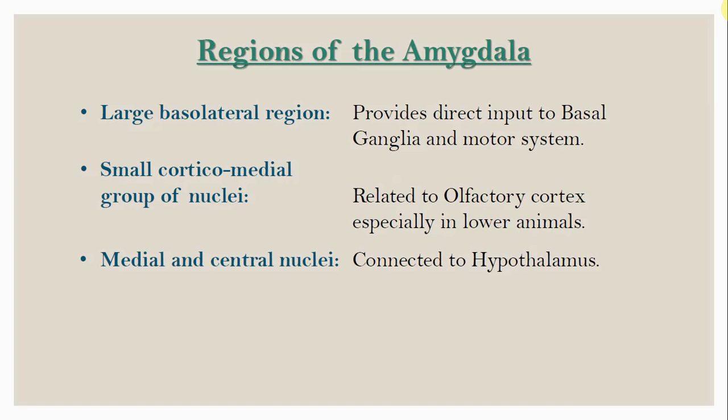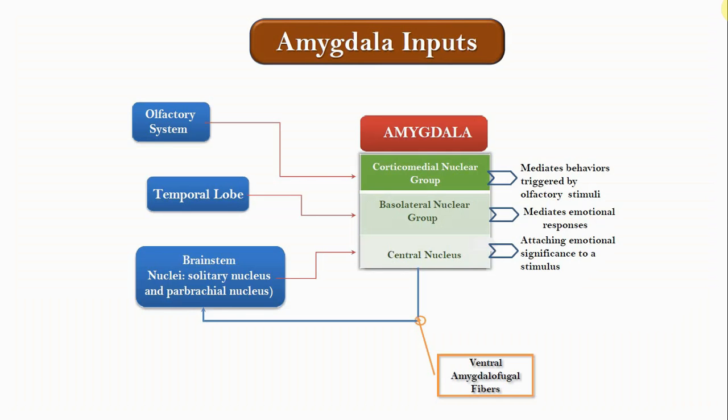Second, the small corticomedial group of nuclei, which is related to the olfactory cortex, especially in lower animals, and the medial and central nuclei, which are connected to the hypothalamus. Now, this diagram depicts the amygdala inputs. You see that inputs from the olfactory system, temporal lobe, and the brainstem